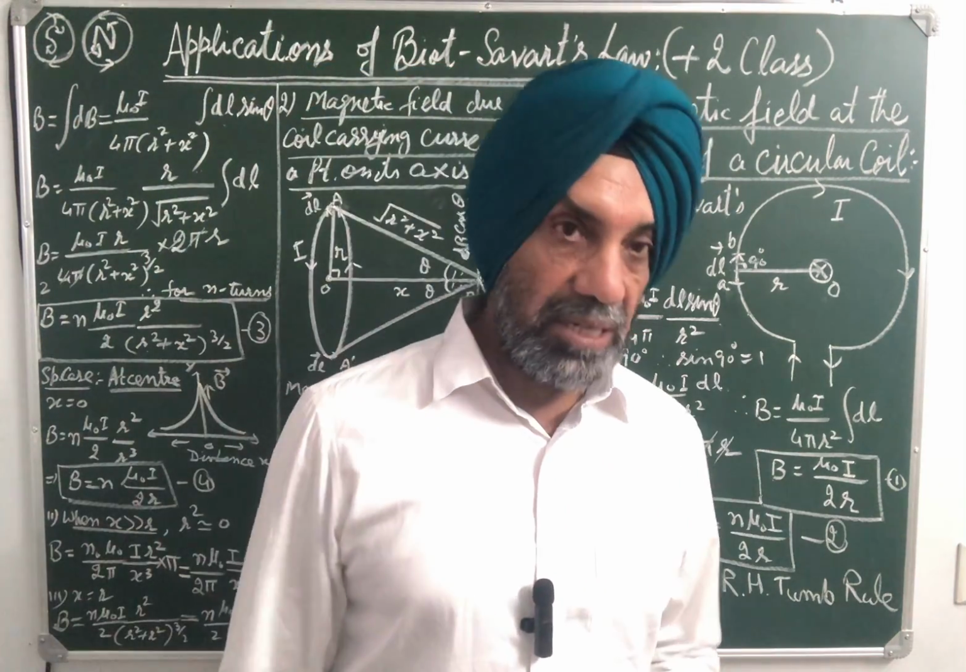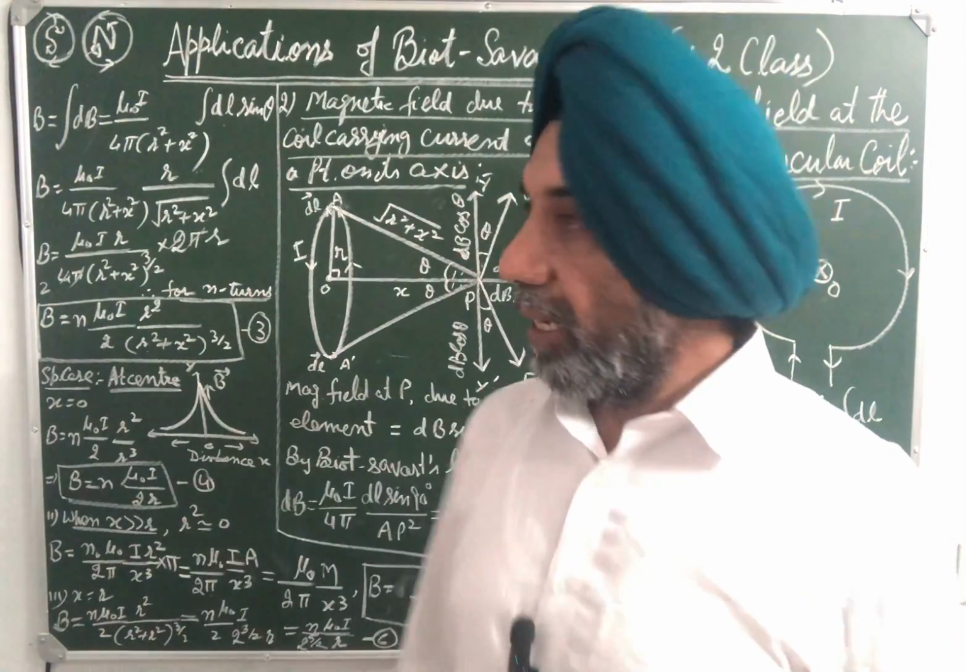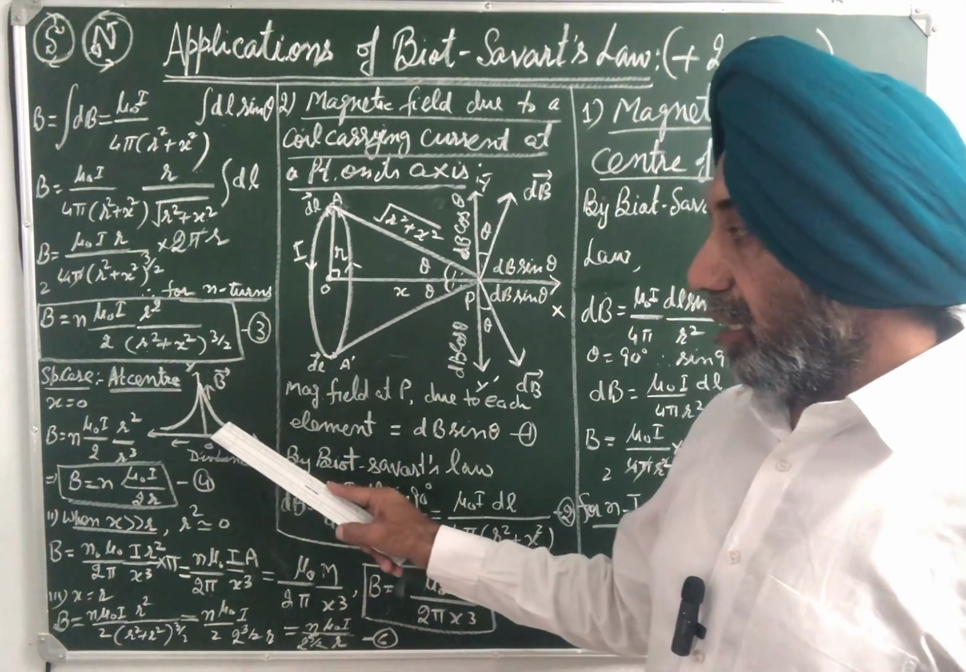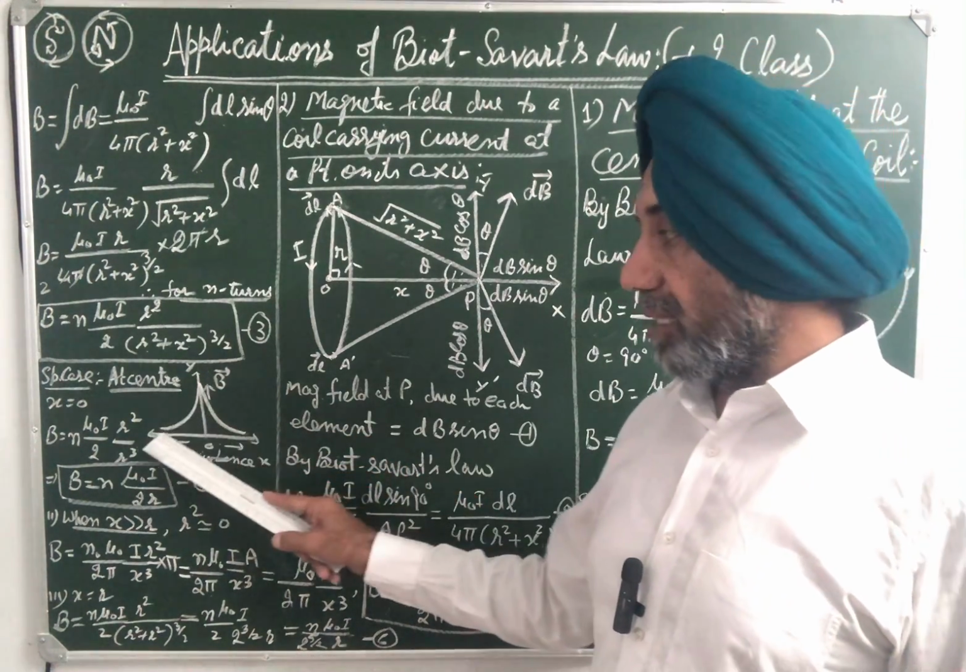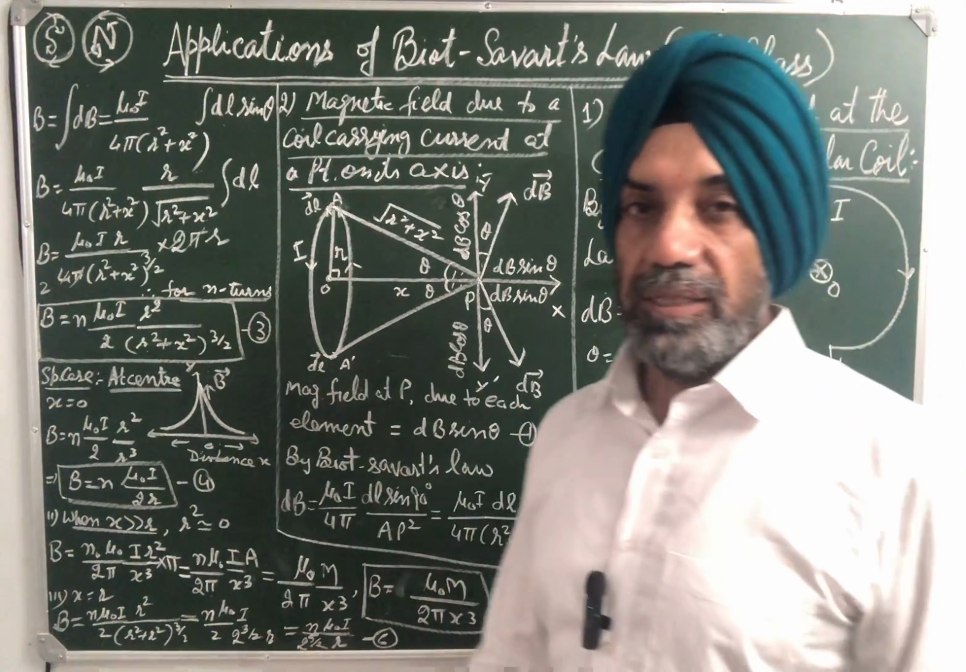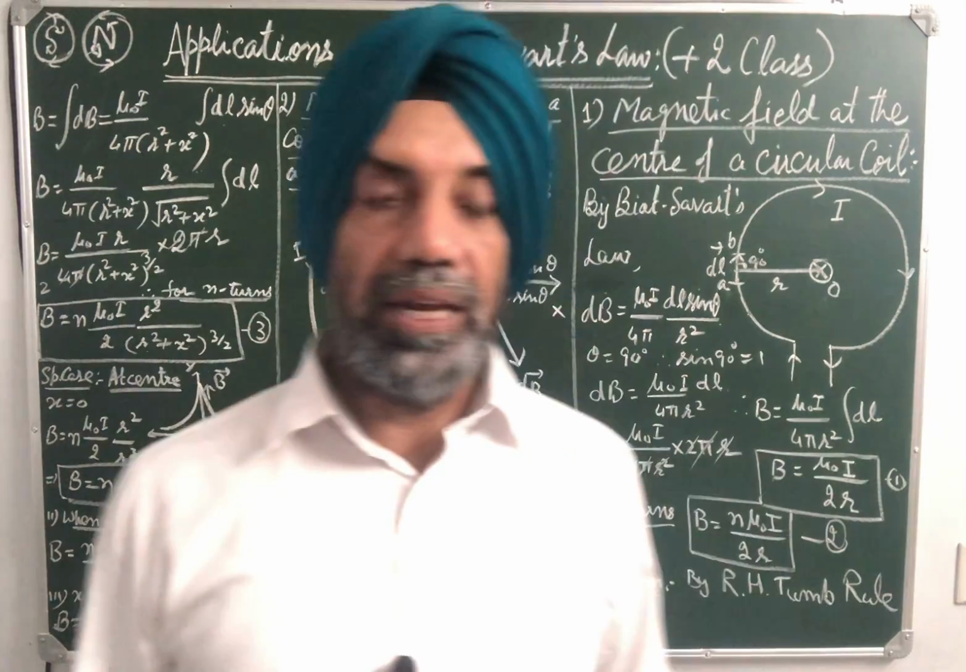So it means the magnetic field due to a coil carrying current is maximum at the center and decreases as we move away from the center on either side. So it becomes zero at infinity. So this is all about magnetic field due to